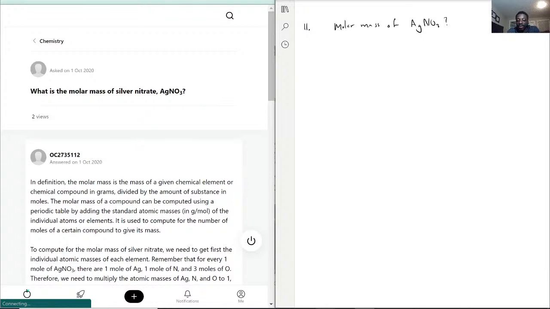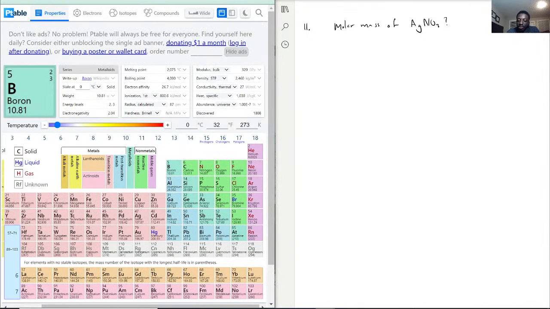It is relatively straightforward because all we're dealing with is going straight to our periodic table. So like we've been doing, and we'll keep practicing this because this is very important for chemistry, you want to count first your constituents. We have 1 silver, 1 nitrogen, and